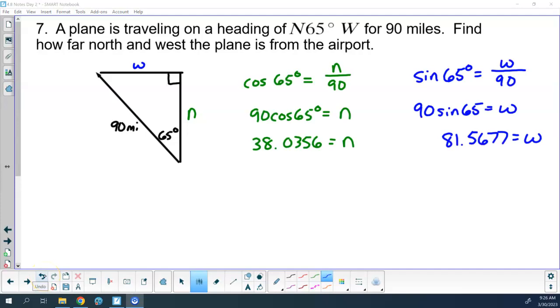So up front, I saw one, and I heard somebody else use the law of sines. Okay? Did it work? It still worked, but do we have to use the law of sines in this one? Why not? The right triangle. So you always got SOHCAHTOA in a right triangle. Okay? So you should have gotten that the plane is